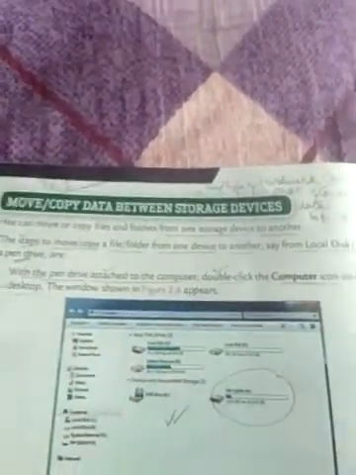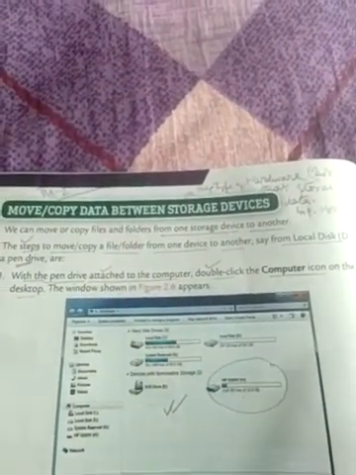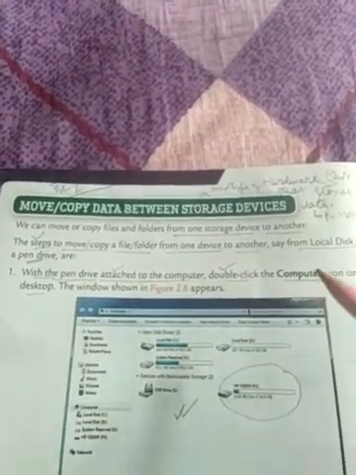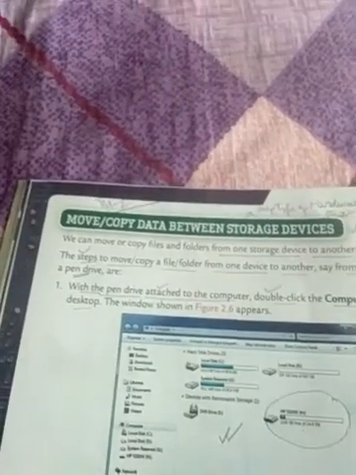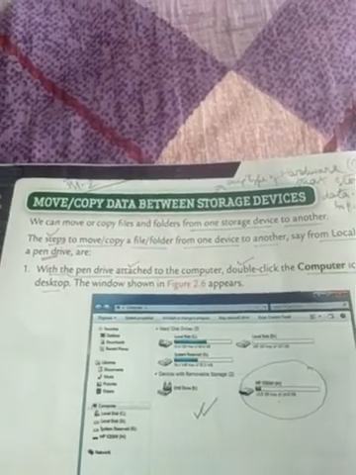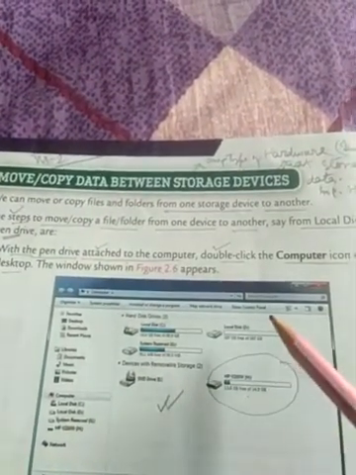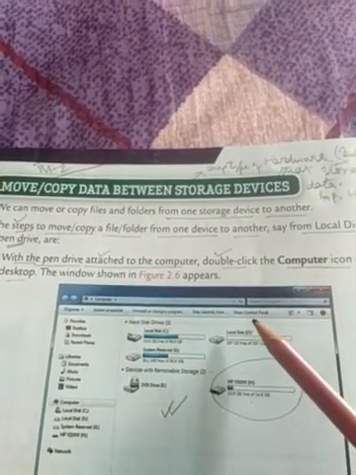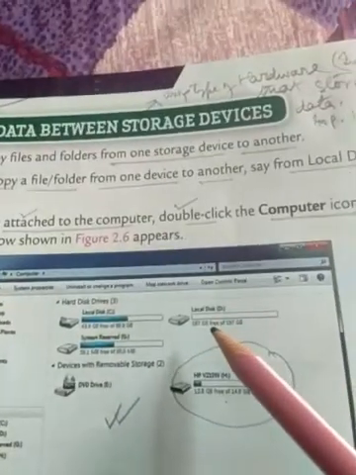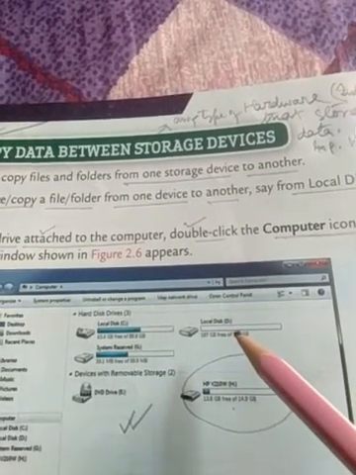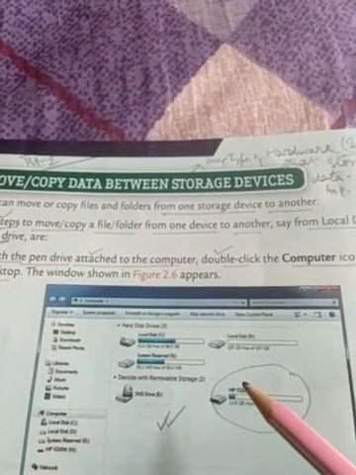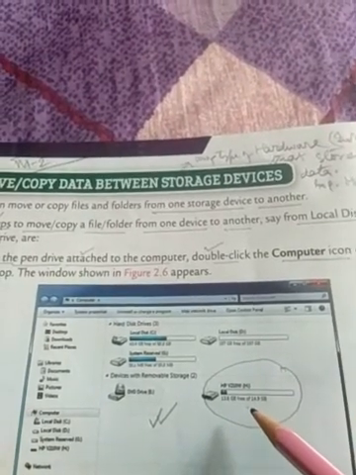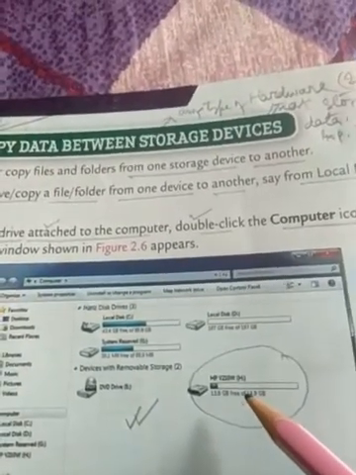Now the main question is how to move or copy the data between the storage devices. In our book, this question can be answered by considering that the selected file or folder from local disk D has to be moved or copied from this local disk drive D to the external secondary storage device, that is the pen drive.